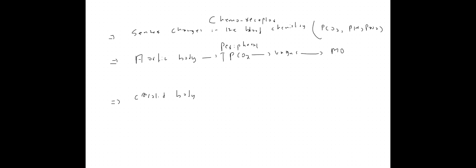Now the medulla oblongata receives the signal of increased PCO2, so it is going to send efferents. What will the medulla oblongata do? It will try to increase the respiratory rate to remove the PCO2 out of the body. Can anybody tell me how the medulla oblongata will increase the respiratory rate? What's the mechanism? Hyperventilation. Very good.